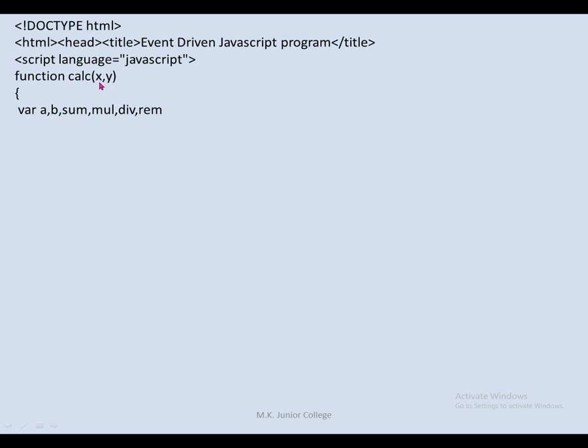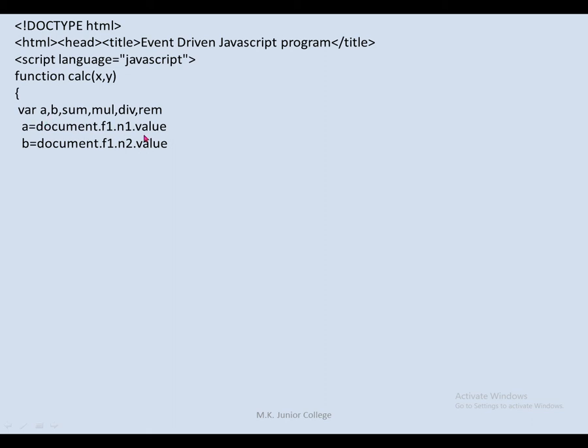One more question may be in your mind. Here I am writing x comma y and here I am writing a comma b. If you want to write the same a and b over here and again here, no problem with that. There is some trick like local variables and global variables. In this case, if I am writing a and b here and a and b here again, both will be treated as different variables. So no problem if you write x comma y here and inside you are declaring with some other name. So here, the very first statement: a is equal to